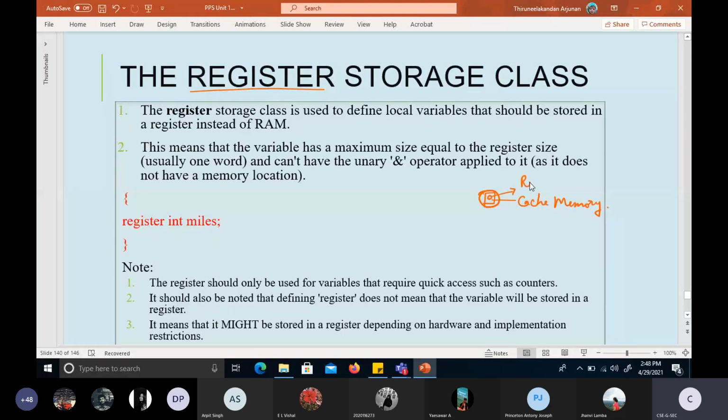If we want our variables to act very quickly, fetching the value much faster than all the other memories such as RAM, hard disk, or any other places, we can declare it to be a register variable. We can use the keyword register as a prefix to any variable. But it is nowhere guaranteed that if you demand that the variable miles be treated as a register variable,